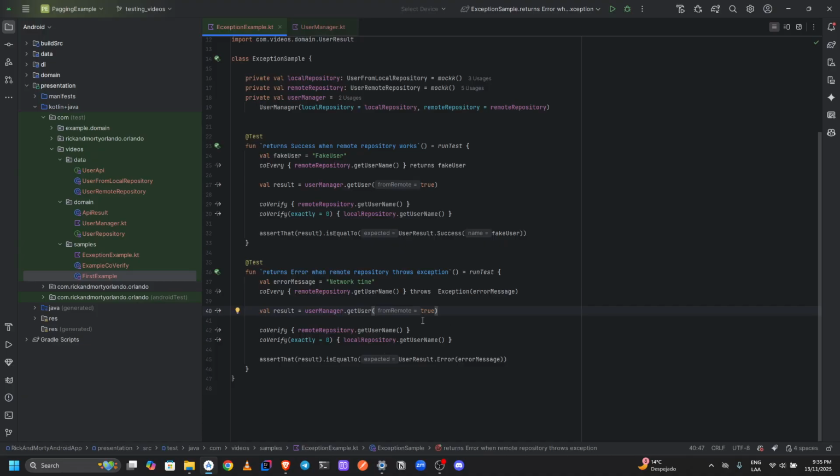And I think that this was everything for the video. This is a way to check errors in unit tests. In future videos I'm gonna be doing things more complex. We're gonna be using this Rick and Morty app to mock the use cases, the view models, and those things. However, this is gonna be in the